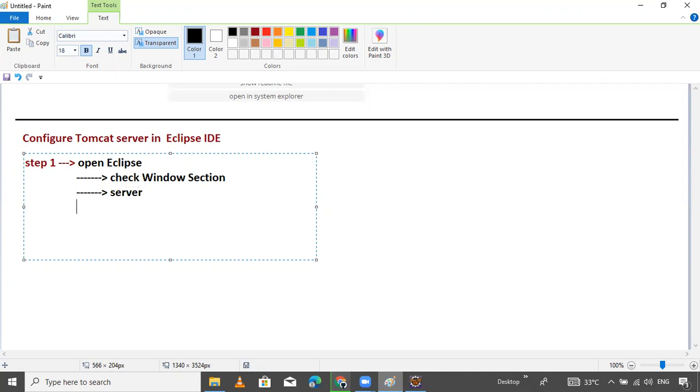Next, check the Runtime Server Environment, I think so. Here you will get an Add button to add a server. Add Tomcat. These are the simple steps.